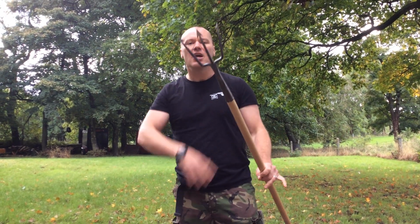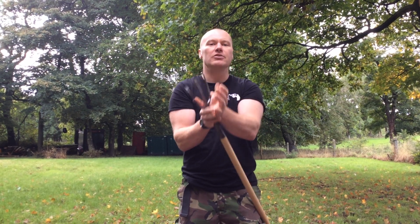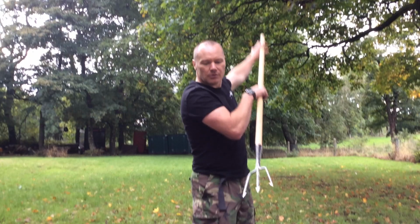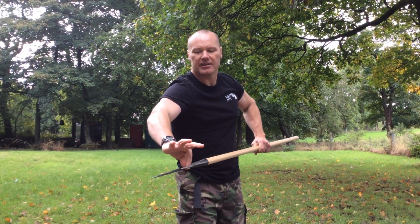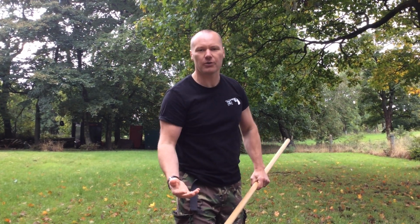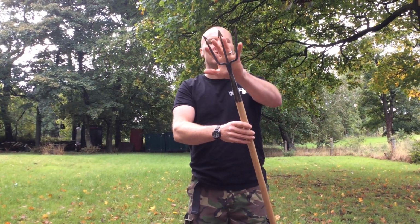So an otter hunting spear, you could use it for other things as well. You could use it for other larger animals. If you go forward into the 16th and into the 17th century, you see similar sort of things with more spikes at a more fanned angle, and they would use those for eels as well. So you would go in and you would stab down, so rather than trying to punch through the body of the eel, you would basically try and trap the eel in the very narrow section. But that's a little bit further forward in time. I haven't seen any eel spears from the medieval period, it's a little bit later. But definitely this is shown again by our friend Gaston Phoebus in one of his treatises as specifically used for